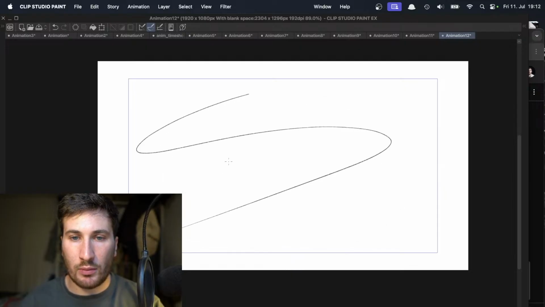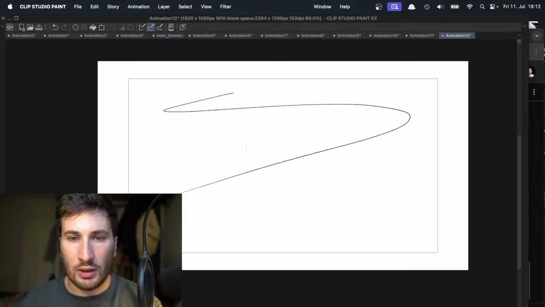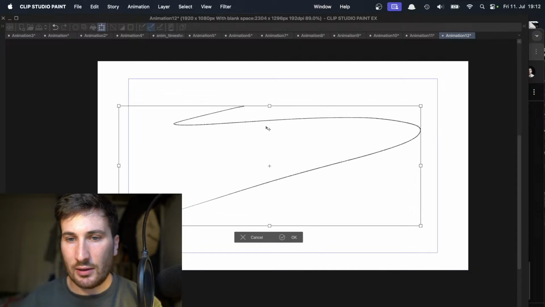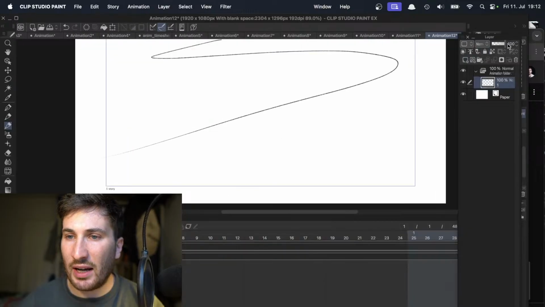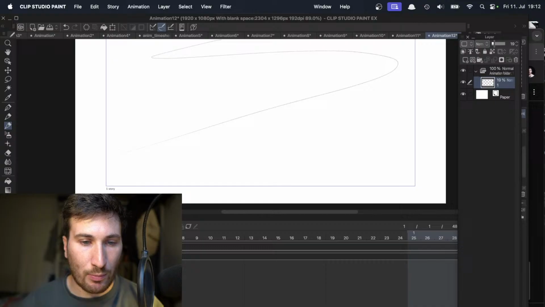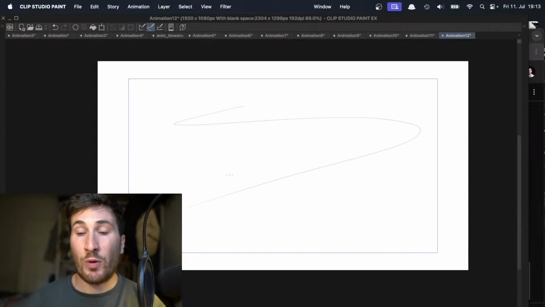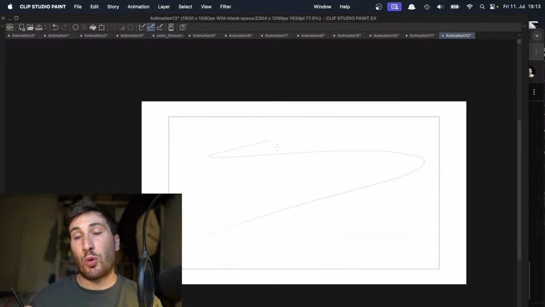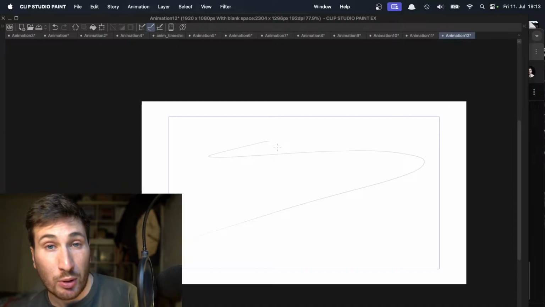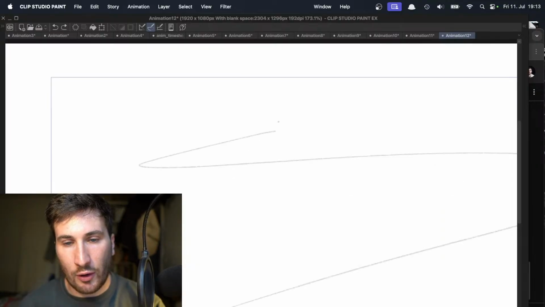So maybe keep it simple in the beginning. And maybe we're doing something like this, can reposition it. And keeping this line in the background, you can decrease the opacity a little bit, and then you're creating another animation on top of it where you want to start animating. And then you can practice a little bit how to plan or approach an animation. So you first put in here your first key drawing,